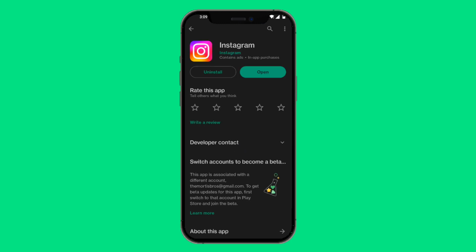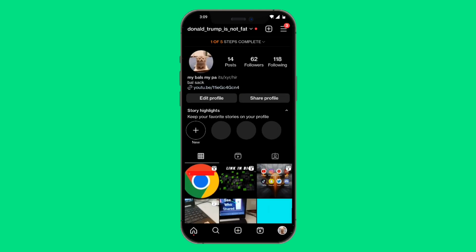So if it says an update button, then you want to click on that. However, mine only says uninstall or open, meaning that it is already updated. So then we'll go ahead and click on the open button. Now, once you're in your Instagram account with it being completely updated, you want to go to your profile page,